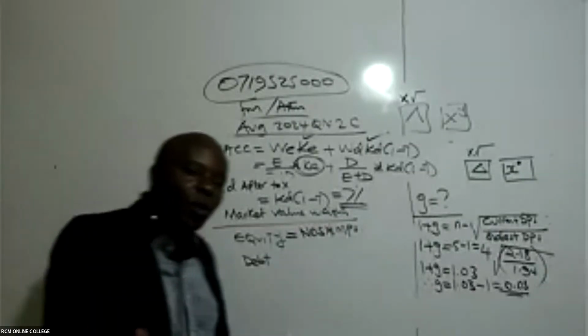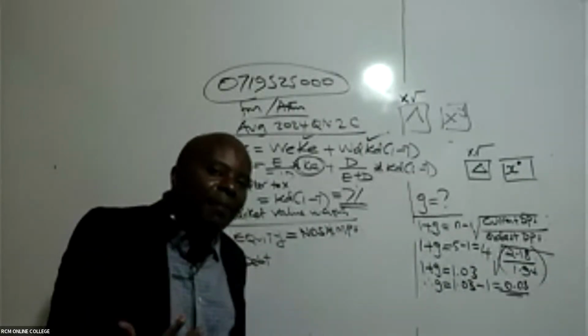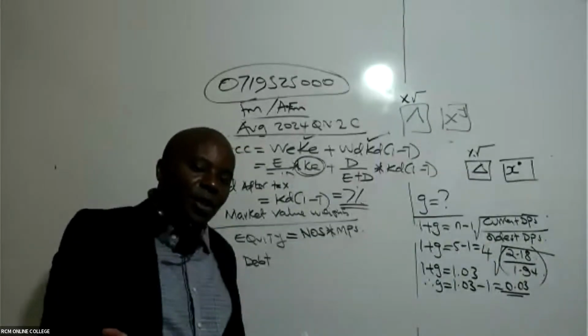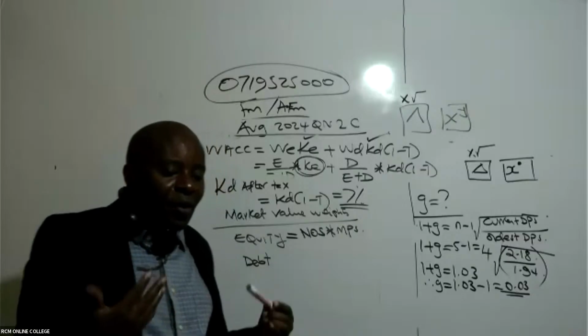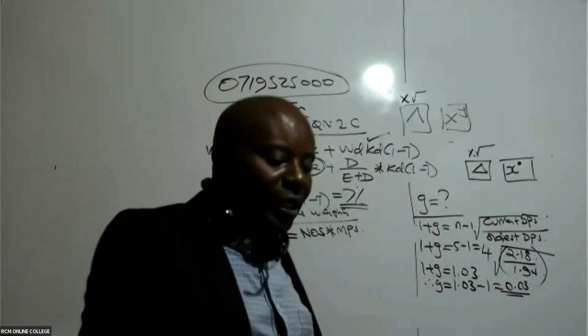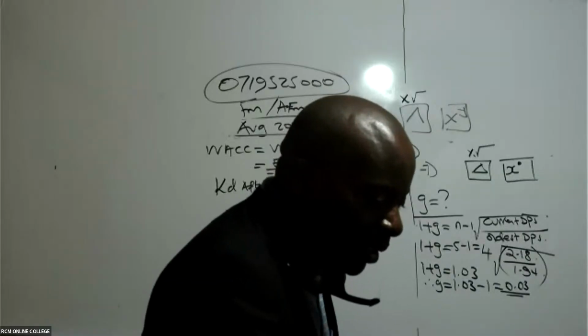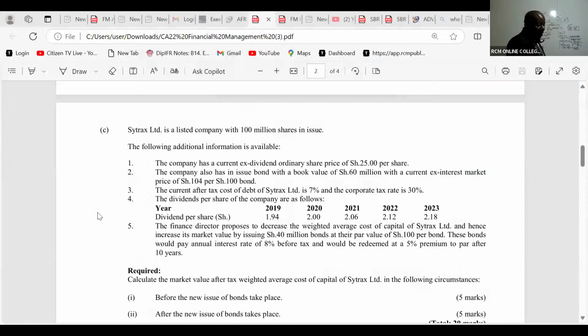So in this question, have they given me number of ordinary shares? Because equity is about shares. Let's ask ourselves that question. So if I look at these here, number of ordinary shares, what do we have here? You can see from the beginning, it's a listed company with 100 million shares. And then we have in this case here the current market price per share 25.